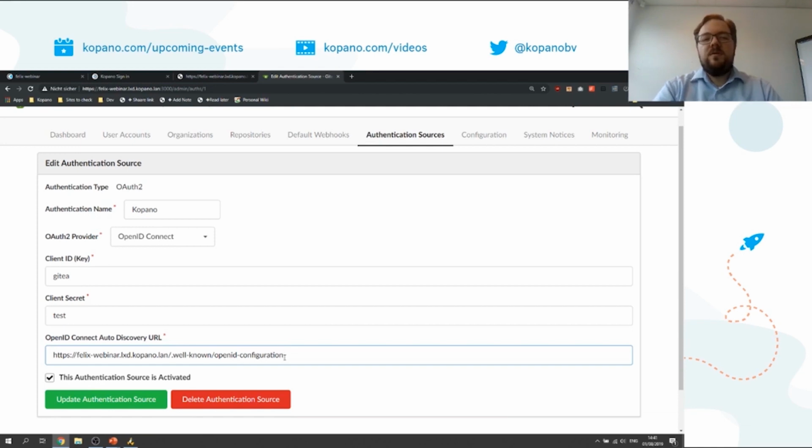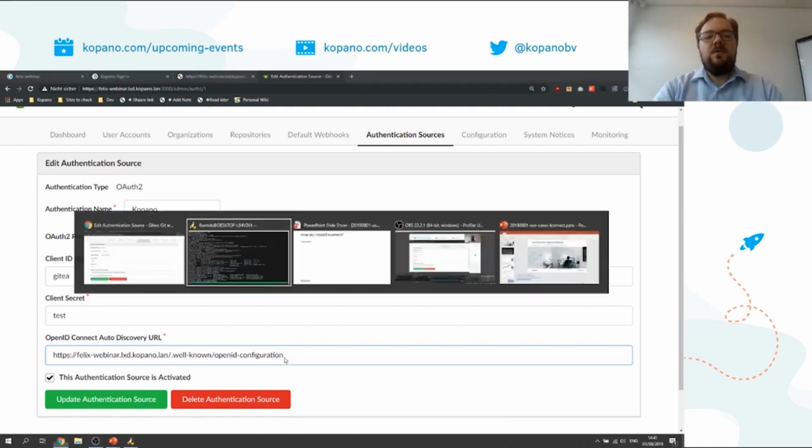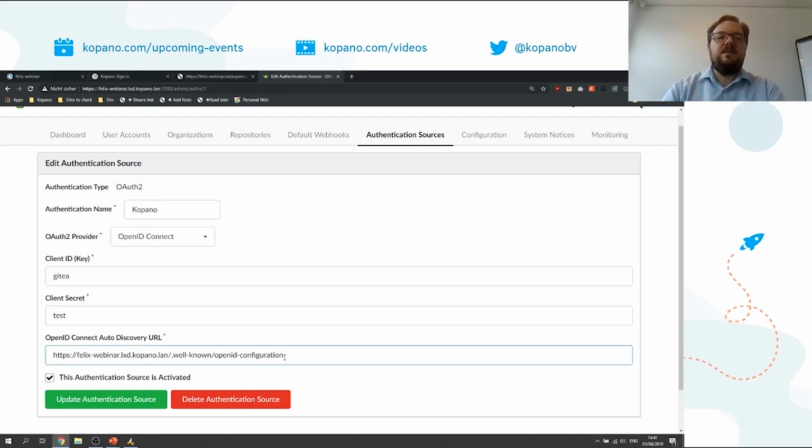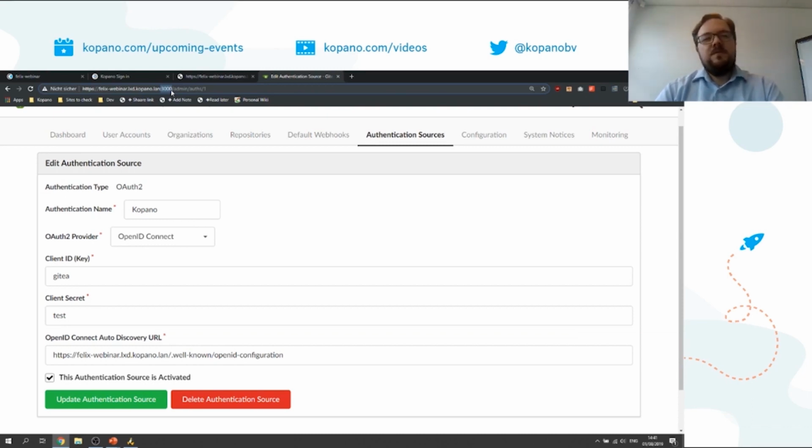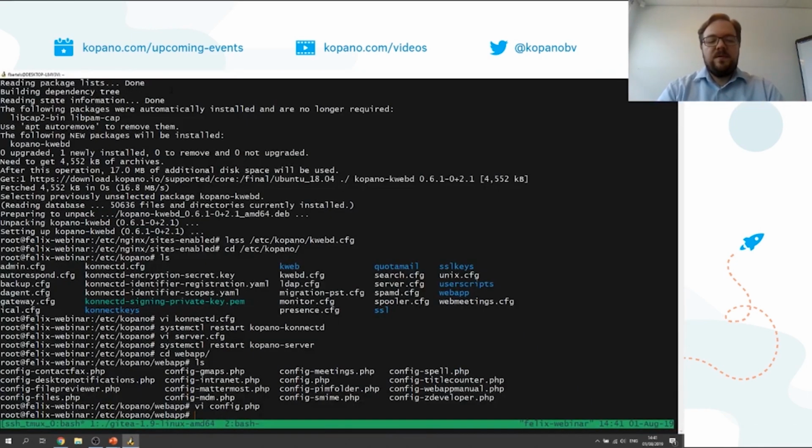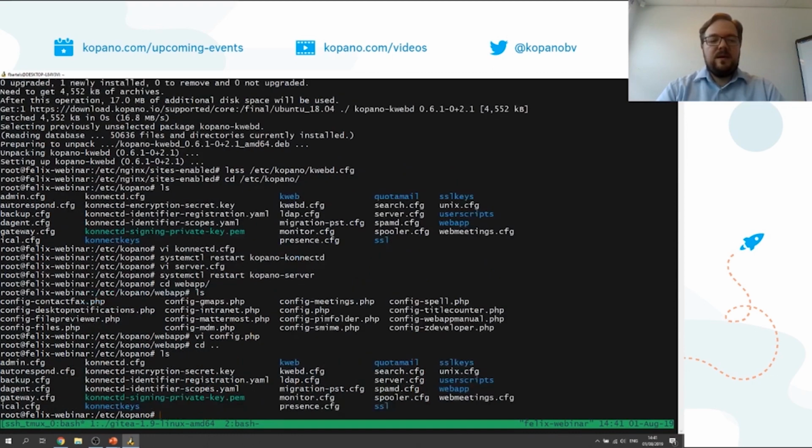But just putting all the configuration here inside of Gitea is not all. Since our Gitea is running on a different domain, so it's still just felix-webinar.lxd.kopano.lan, but it's not using the default HTTP ports, but its own port, its own communication. Therefore, I need to register Gitea as a client first inside of Connect. And that is something that we can easily do through the so-called identifier registration,